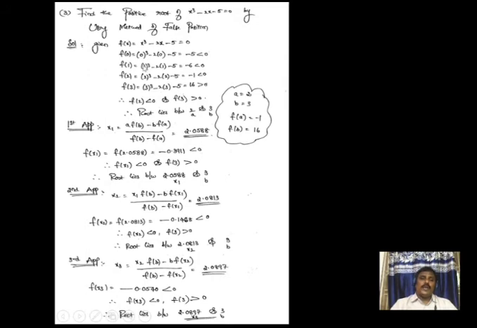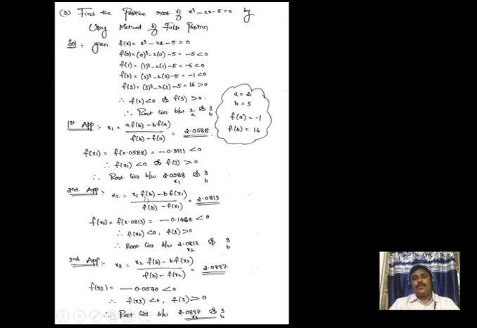So I have to put this value in the given equation. So I got f of x1 less than 0. I have to go for one step so that I find a value greater than 0. So here f of 3 is greater than 0. So f of a less than 0, f of b greater than 0. Therefore the root lies between a and b, that is x1 and b.